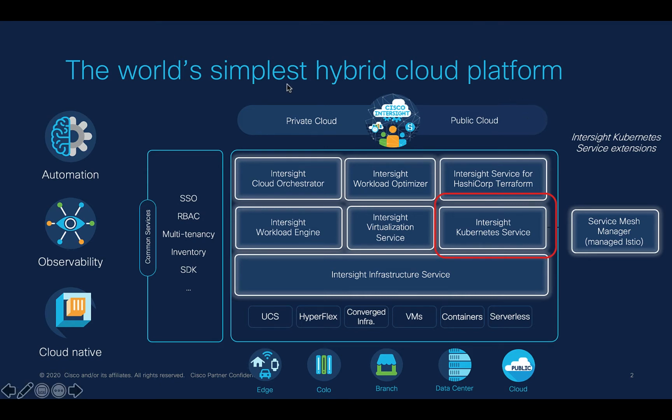A quick introduction on the Intersight platform. Intersight platform simplifies hybrid cloud deployment for mixed workloads, whether it is containers, virtual machine, or bare metal, on any kind of infrastructure, whether it is on-prem or in public cloud.